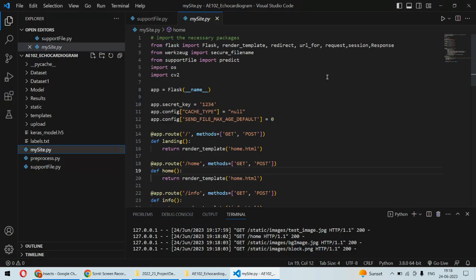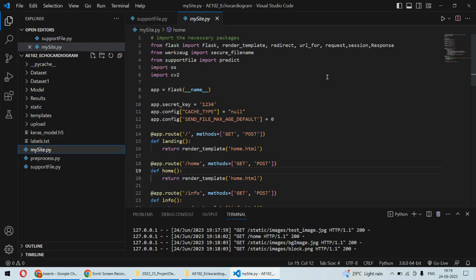So before we begin, let's understand something about the echocardiogram. So echocardiogram is some sort of ultrasound or ultrasonic imaging which is done around the heart, and also it measures the flow of blood inside the vessels or the arteries near the heart. So it analyzes how the blood is flowing through the arteries and also how the heart is performing. So all these things can be calculated using echocardiogram, and doctors use this particular technique to find out any disease